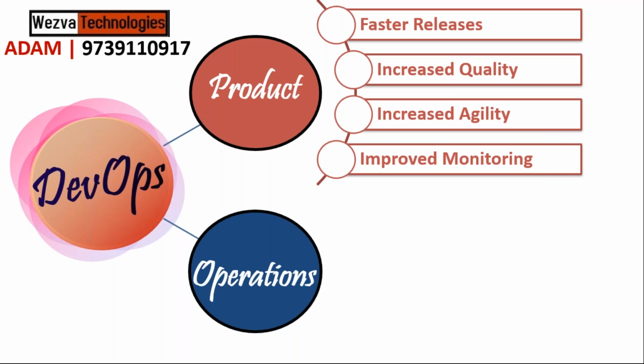So the focus of DevOps for a product group is majorly on how to do faster releases. And it's not just about doing releases faster, but equally you need to ensure the quality of the product is increased. This is where you will use concepts like static code analysis or vulnerability checks, to ensure that while you release your product faster, the quality of the product is also higher. But at the same time, as a product team, you should also focus on increased agility.